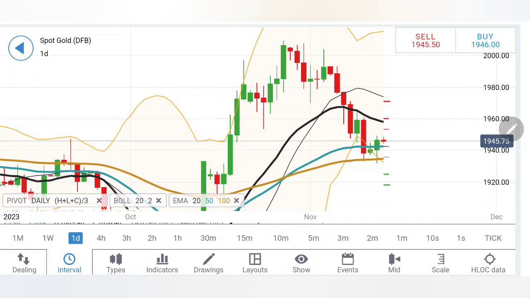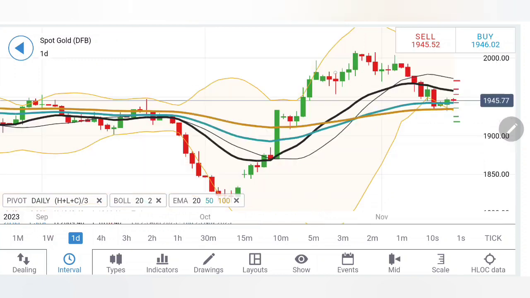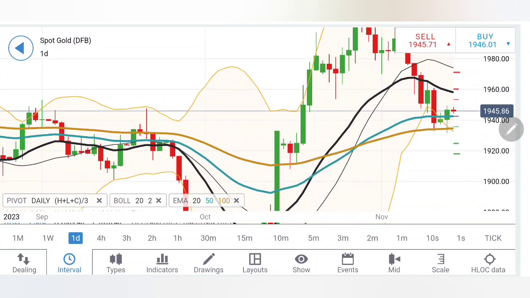Now today, once price stays above 1949 or 1950, you can say this is the first resistance zone. You can buy gold today, and possibly we'll look forward to somewhere close to 1954. This should be the first target. If it stays above this zone, you can expect that the next resistance is at 1960. These two levels are going to play a major role today. Beyond 1960 is where the bulls will try to take over, and then a further rally towards 1970, 1985 levels can be expected.